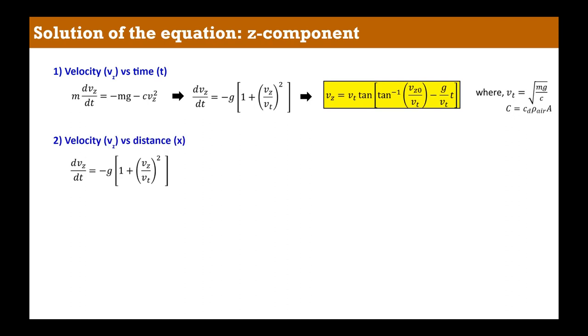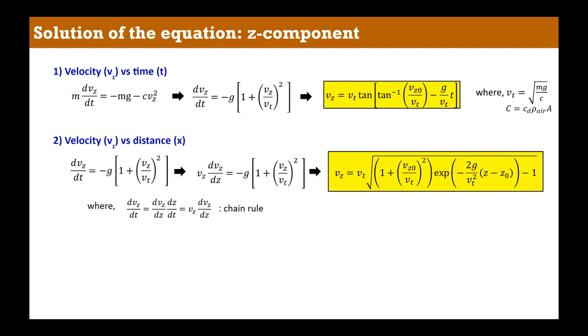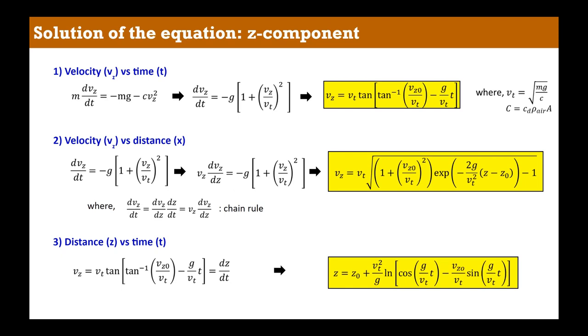We also wanted to calculate the velocity versus distance for the z component. Our initial equation is the same as the second equation used to find velocity versus time equation. We used chain rule and then integrated both parts to find the final equation in the yellow box. Then we moved on to find the equation for distance versus time. This we found easily by integrating the first equation of velocity versus time to find the final equation in the